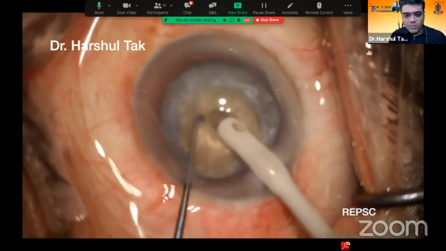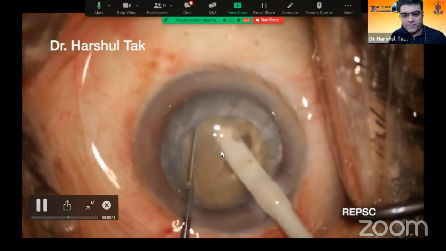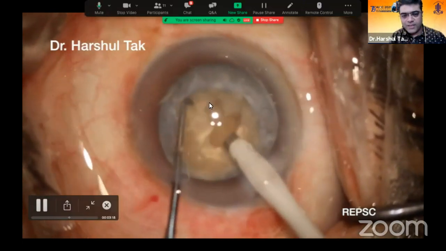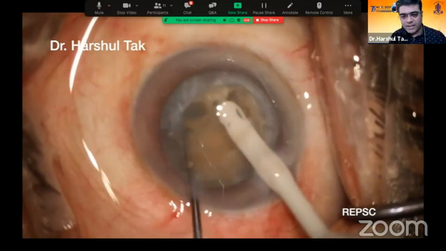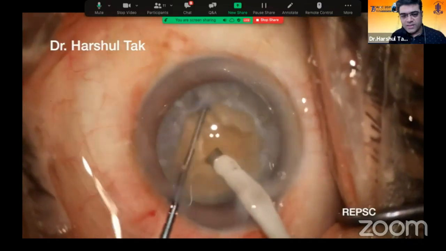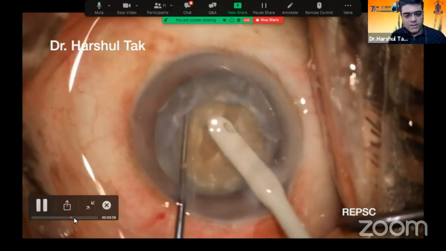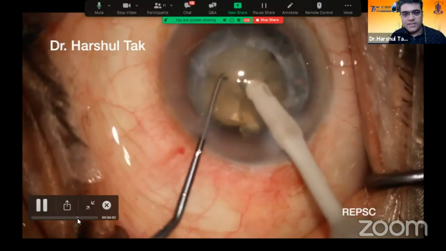I drill down, and once I drill, I don't make a crater here. Then I can hold and chop it. You can see I get a complete crack anterior to posterior, and again divide it into smaller pieces. Once you have done this, you can take out the pieces one by one.